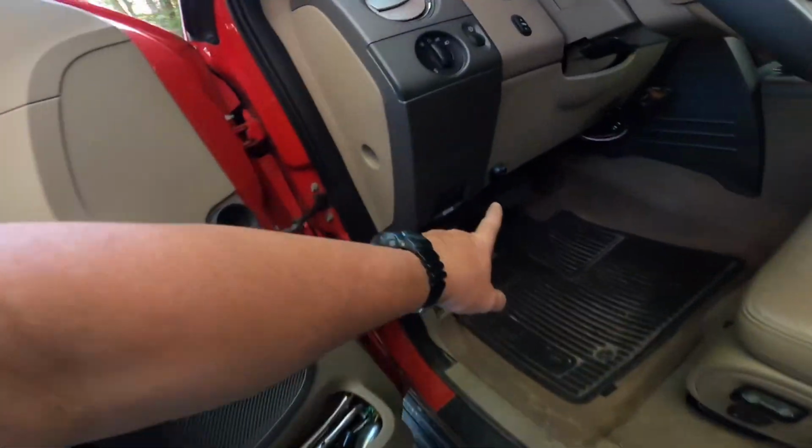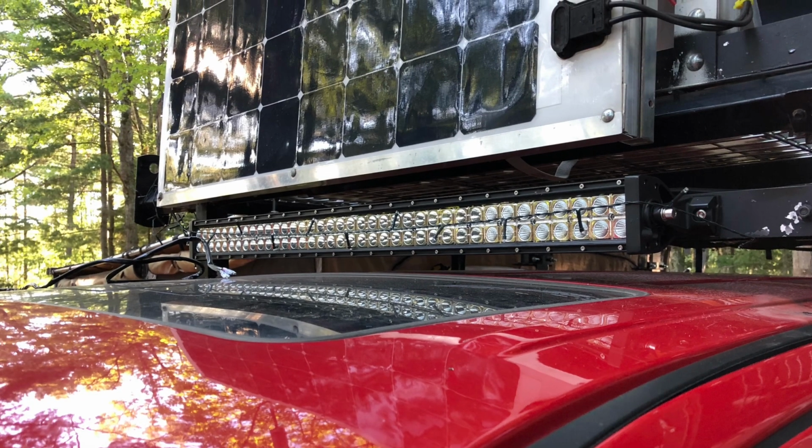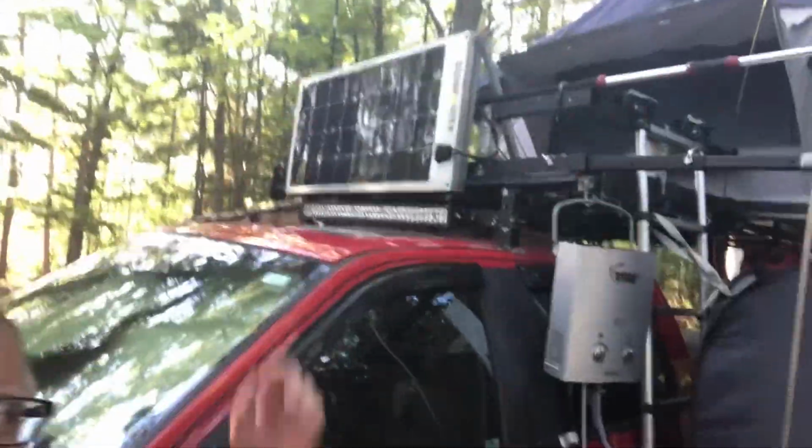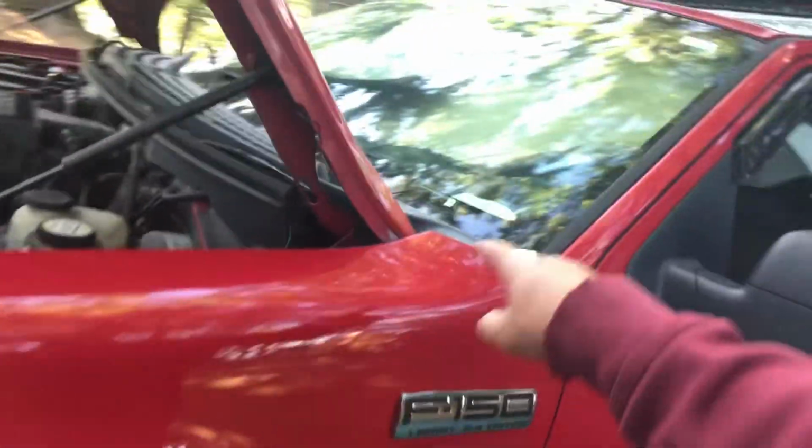So I put the switch here. We're improving the truck. We are hooking up these lights. Yes, we're hooking up awesome lights, dude. So we mounted the button right there, and we ran it up and through the hood, and we're going right